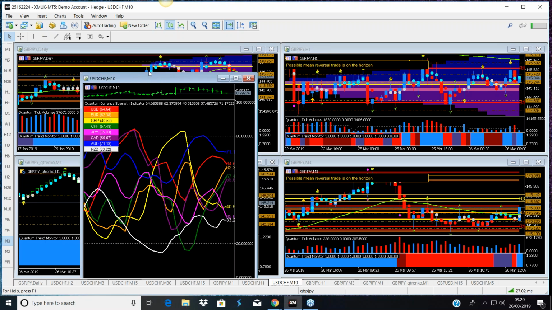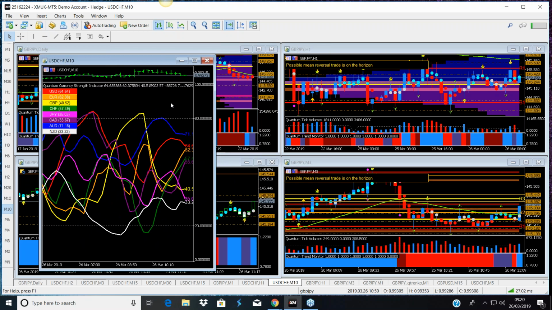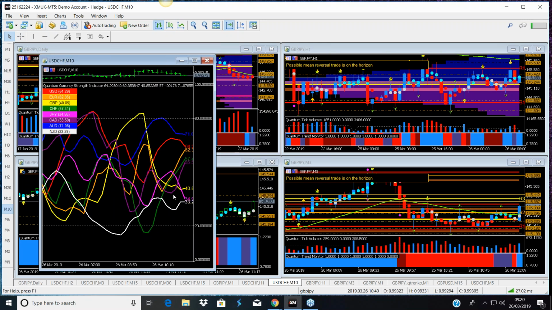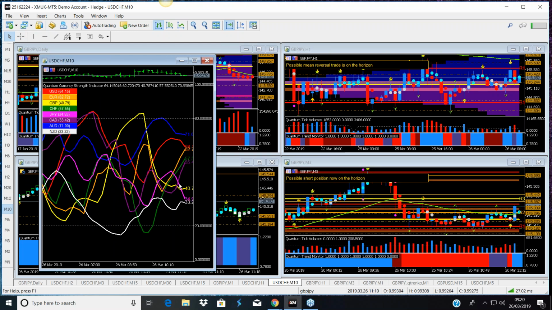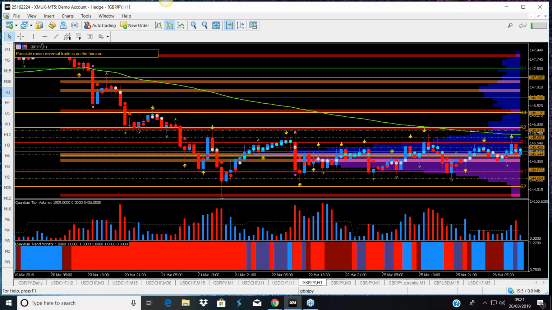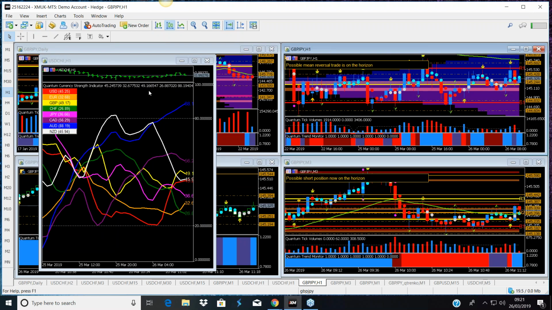Now, looking at the CSI, I've actually moved it back over from my other monitors. This is the 10-minute chart. If I just move to the 5-minute. That's fine. Okay, the 10-minute. While David was speaking, there was no divergence. The pound and the yen were kind of moving together. But if we go up to the hourly chart here, you've got these two lines really reflecting what we see on the chart here. There we are. That is the congestion that we are seeing on the CSI on the hourly chart.